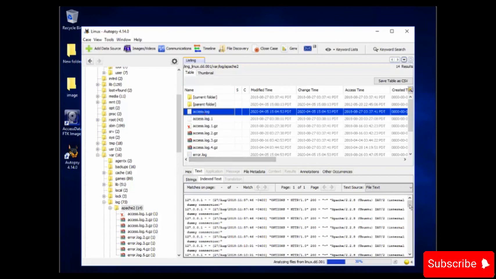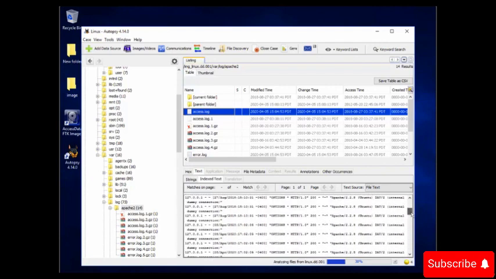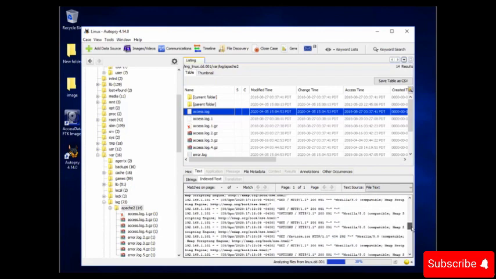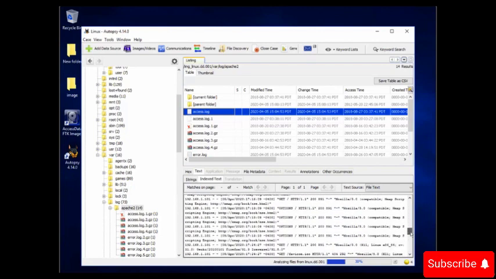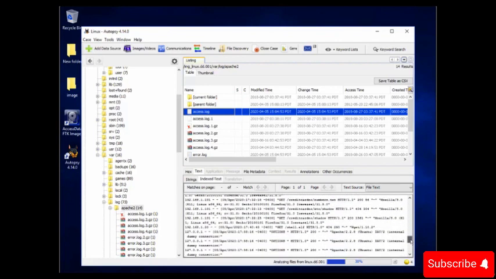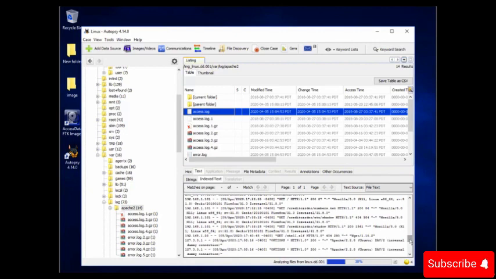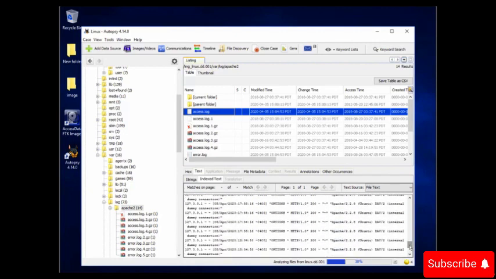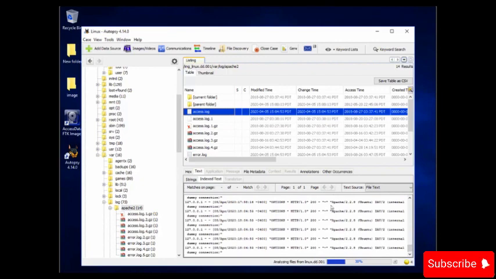So here below, if you scroll down and read it carefully, you will come to know that someone from a different IP address has used nmap. Okay, see, it says nmap.org, and this is the IP address from which the attacker performed the attack. And someone has also accessed the credit card directory, and someone has also accessed the shadow file as well. Okay, so we have got a lot of information just by reading the logs.